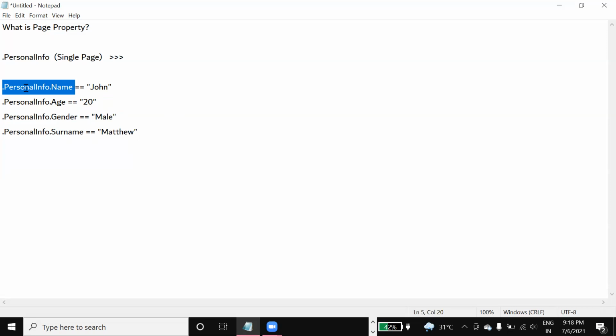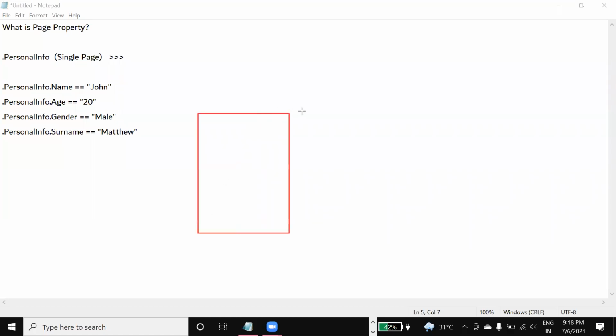But PersonalInfo is the single page property, which is common for all these properties. That means a single page property will basically act as a page.